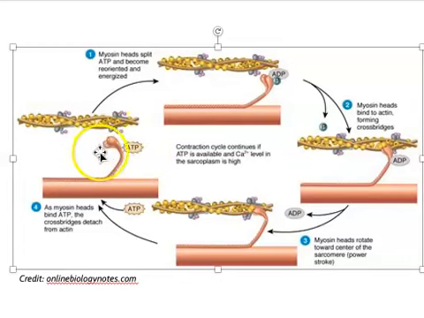Now, remember, these heads have the ability to perform catalysis. They act like an enzyme, and they're going to break this ATP. And that's what you see in number 1 happening. The myosin head is going to break the ATP molecule into ADP and a phosphate group. So some energy has been released now. And that energy is going to be used to move that myosin head up into contact with the thin filament. It's going to bind to the thin filament,